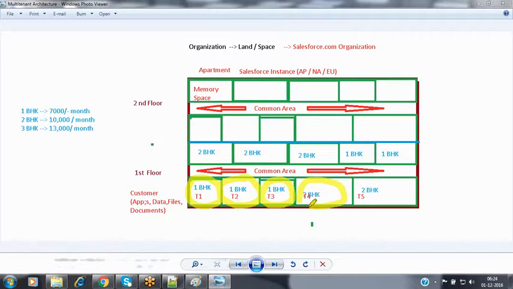For each and every tenant, for each and every customer, it is going to allocate some amount of memory inside that. So in this memory only, the customers have to store their applications. They have to install their applications. They have to store their data, the records, everything they can place inside that. Like in a single